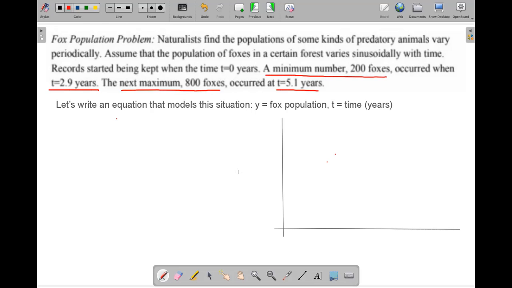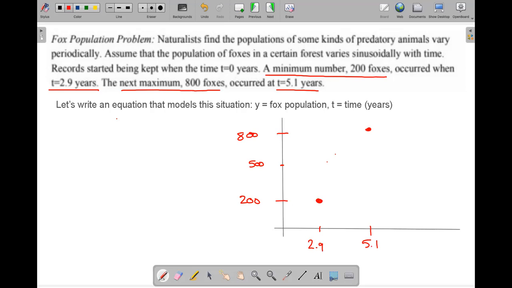Okay. We're going between 200 and 800. So I'm just going to sketch this out. 200, 800. Between that in the middle is 500. So our midline is 500. At 2.9 years, we had a minimum. And at 5.1 years, we had